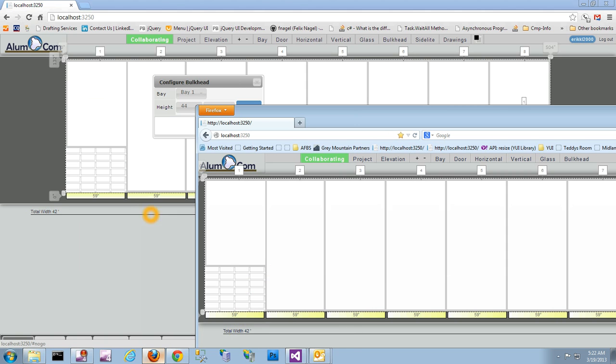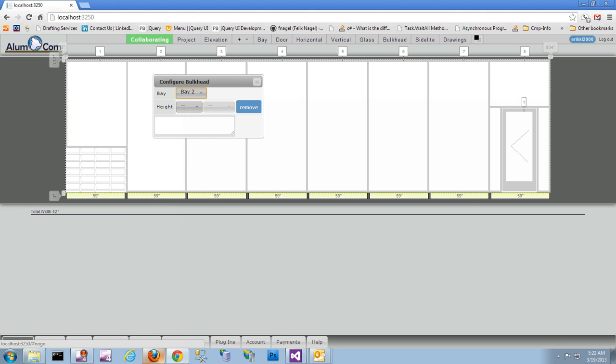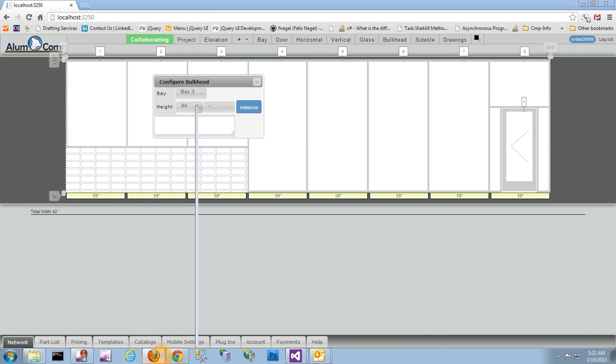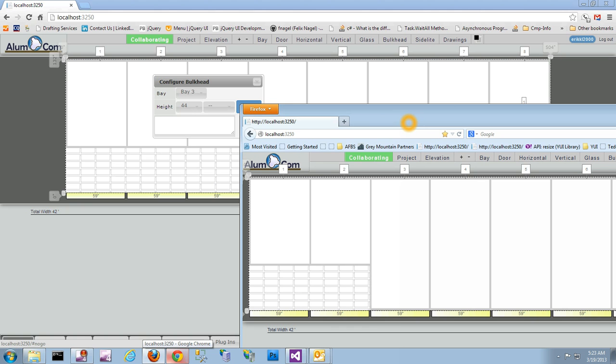Well, it's updating in real time. So let's add a couple more bulkheads. Let's see what his looks like over here. Well, it's adding it on there pretty quick. There is a little small delay,